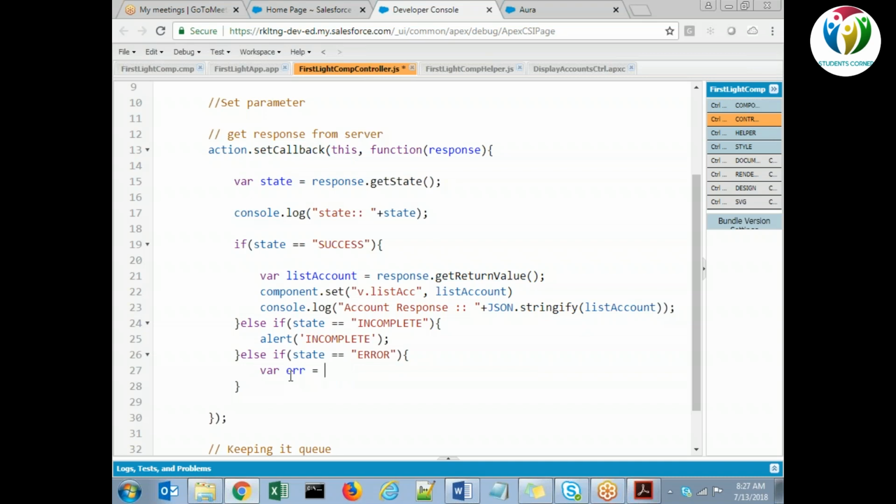Yeah, I'm asking about incomplete, line 24. Incomplete means due to some internet issue or some other activity, your transaction has been halted in between. Transaction is not complete. If your transaction is not complete, it won't be returning success or error. It will be returning incomplete. Okay. So, any doubt, guys? So far,